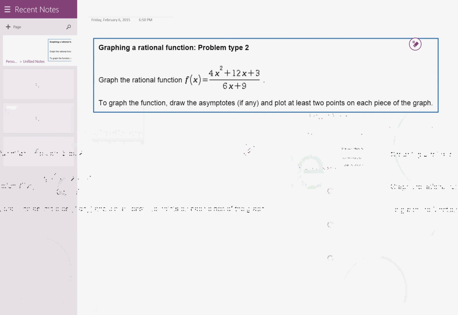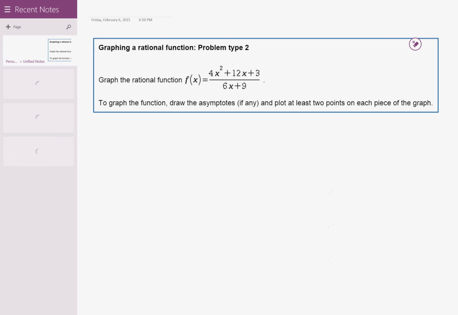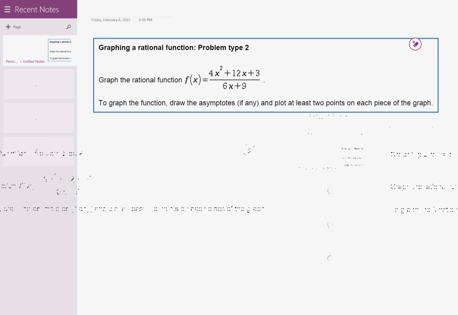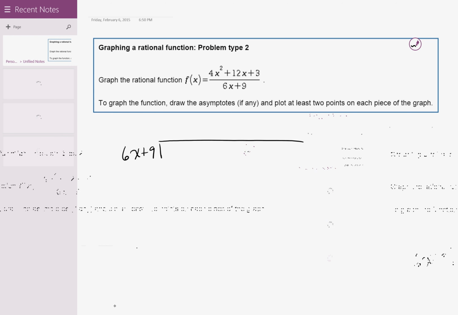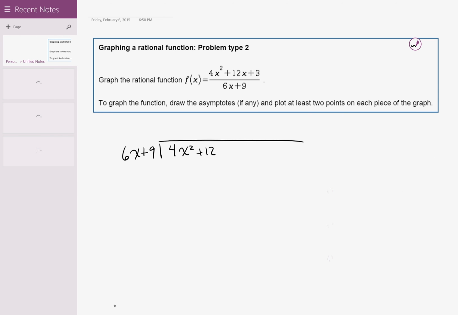Okay, we want to graph a rational function, and we're given a quadratic over a linear. So the first thing I need to do is long divide. And this particular problem has some pretty ugly coefficients. What that means for me is that I am going to write my steps over here so that I don't